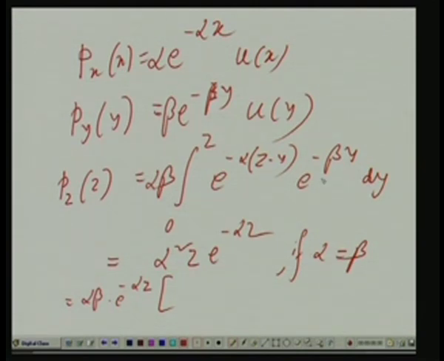Okay, what does it give you? If you integrate, you write it as e to the power minus within bracket beta minus alpha y. So, if you integrate, a minus comes, 1 by beta minus alpha e to the power minus beta minus alpha y. Put the limits. So, in one case you have got 1, in another case you have got